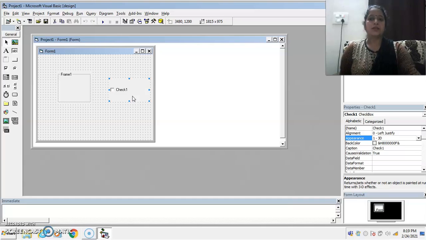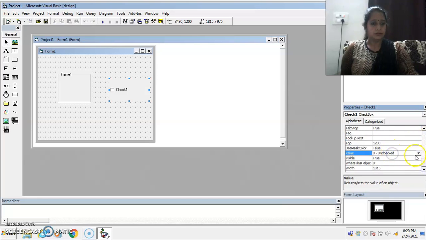Now we discuss some important properties of this checkbox control. Name and caption are its important properties. Another important property is the value property. Three values are available for checkbox controls, as you see in the property window: unchecked, checked and grayed. By default it is unchecked.